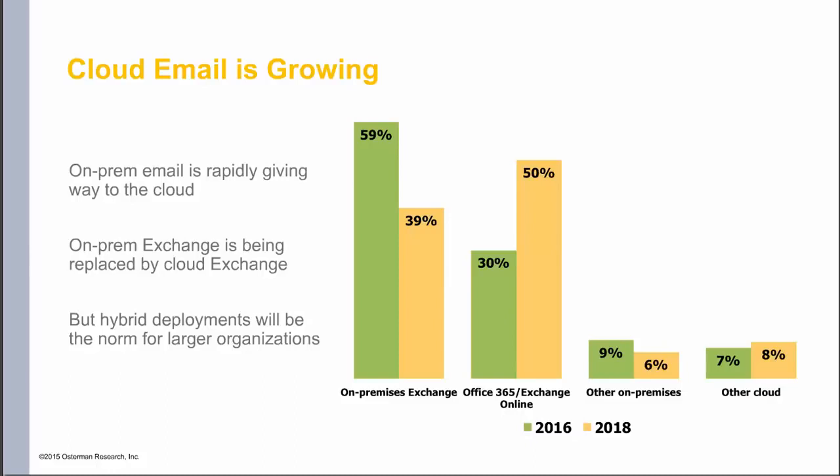So lots of organizations are moving to the cloud. They are moving specifically to some flavor of Office 365, largely because there are lots of really good capabilities within Office 365, and Microsoft has done a very good job at integrating a wide variety of capabilities and capabilities that continue to be expanded upon over time. Now, that's not to say that other solutions aren't going to be used. There are other cloud solutions. On-premises is still here to stay for many years to come, but we are seeing a fairly significant shift to the cloud, and in particular, a major shift to Office 365.